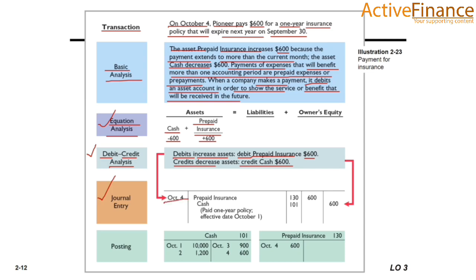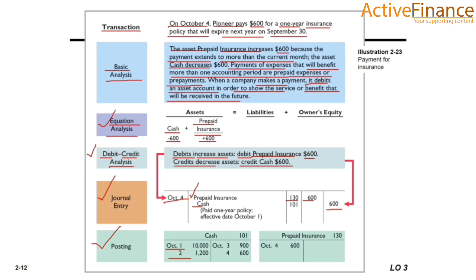We will provide first of all the debit as we did in last. So prepaid insurance will be recorded on the debit side. So this is the account number of the prepaid insurance, and this is the cash decrease 600. That's why it will be recorded on the credit side. So this is the posting process of this, in which we will provide the dates of transaction.